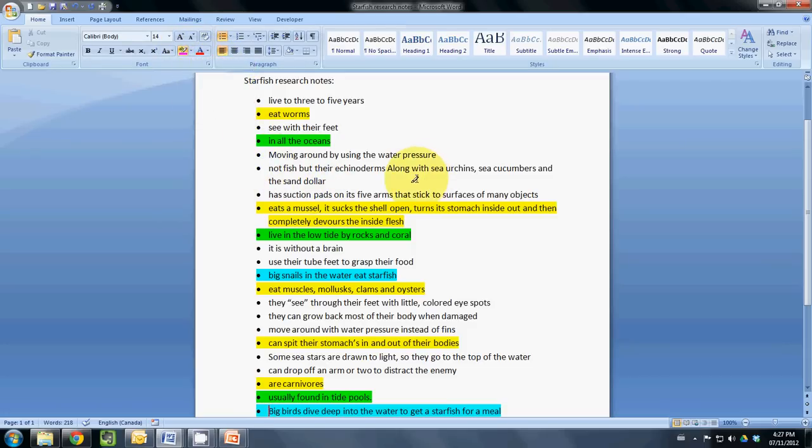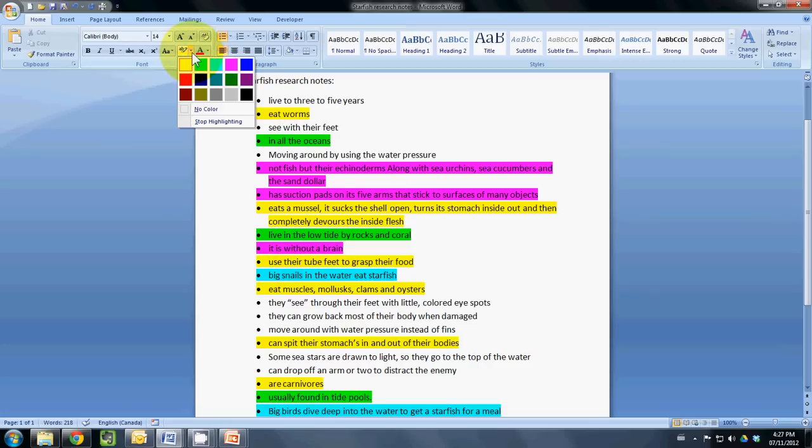I'm going to do something about their characteristics. It might be appearance or characteristics. They don't have a brain. Oh, that one really actually is connected to eating. So I better include that one in eating. And so go through all of your work